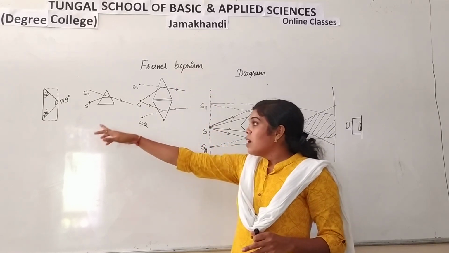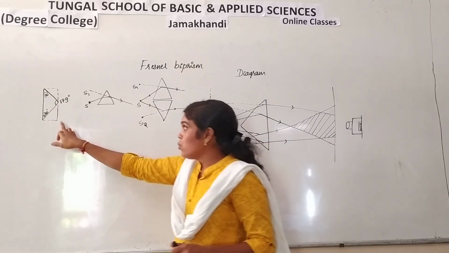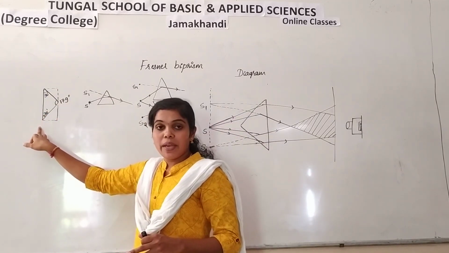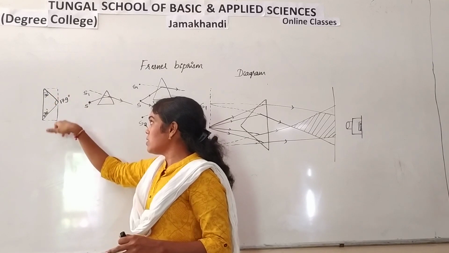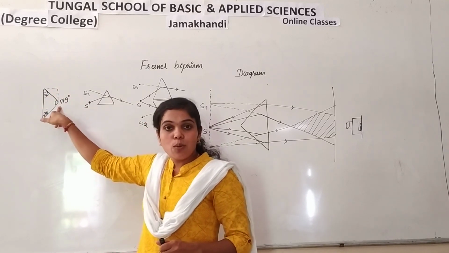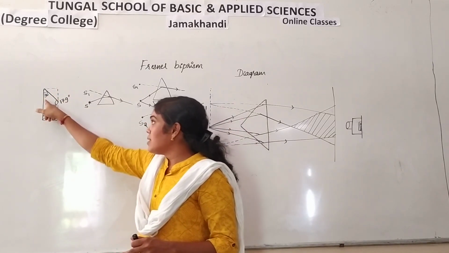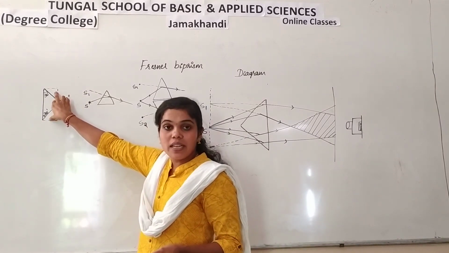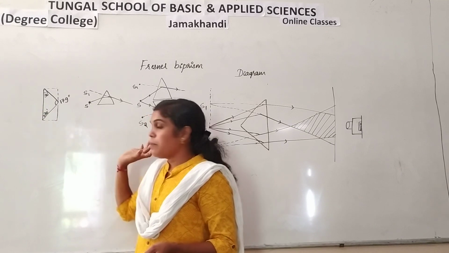Once again, in practice we are going to use this setup of a glass plate. Here one side acts as the base and the other two edges are polished till a prism is formed with an obtuse angle of 179 degrees. The other two angles are 30 minutes each. Here these two will be the refracting edges and this will be the base.